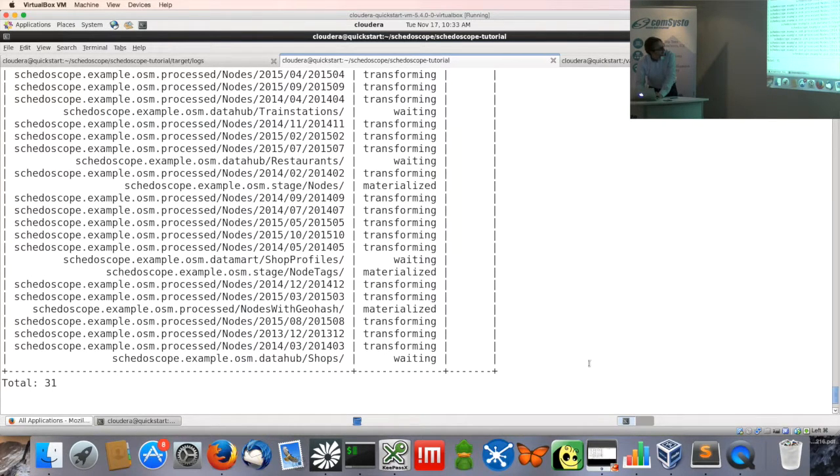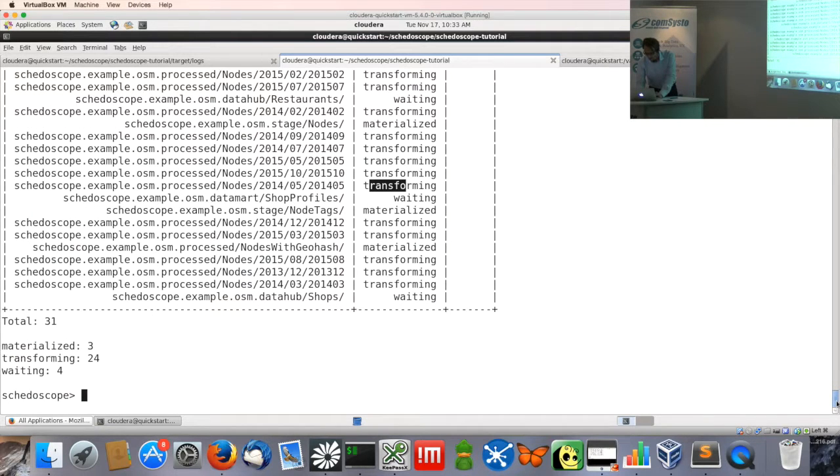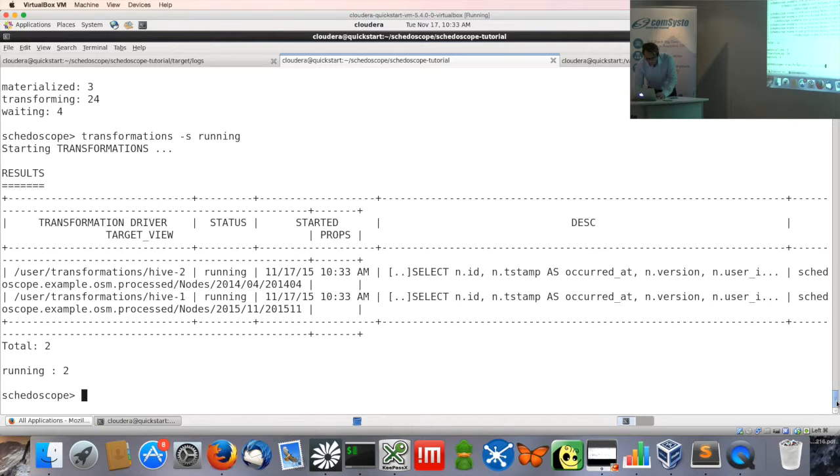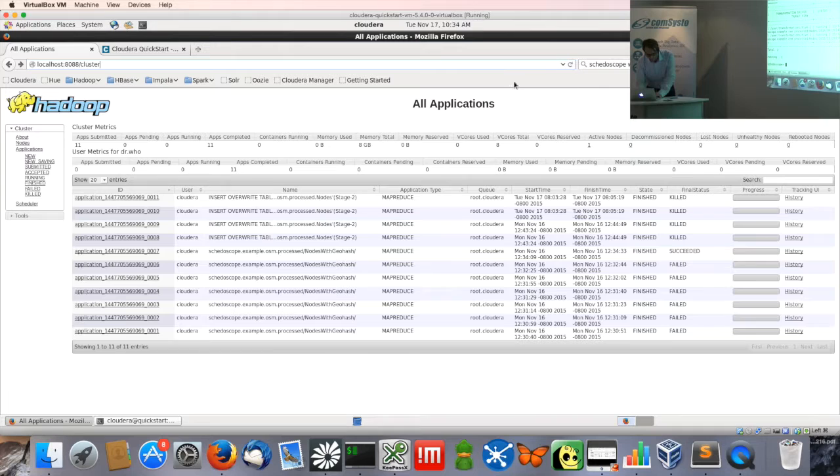So basically, you can see that some are in the state waiting, some are already materialized, and some are already transforming. If you want to see which views are currently transforming, you can show the currently running transformations. Currently there are 2 Hive transformations running. What they do is they talk to the Hive server, they send the Hive DDL or the Hive DML to the server, and if you have a look at your resource manager,